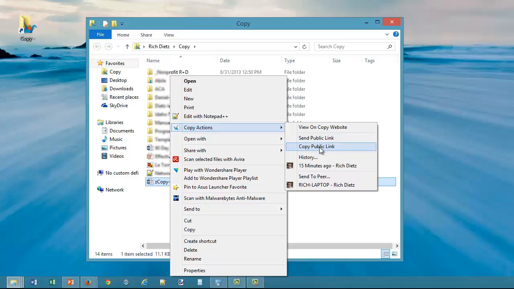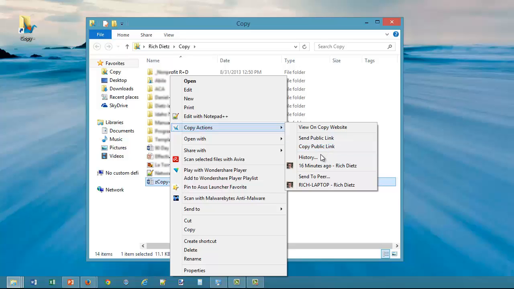And what that is, is a unique URL just for that file that I can share with coworkers, colleagues, clients, partners, whatever I need to do, so they can go in, they can either download that file, or you can even make it to where they can edit that file. And I've started to do this with some of my partners and some of my clients where there's some files we both need to be working on. I'm sharing them in my Copy folder so that we can both work on it and both have the latest version of the file at all times.